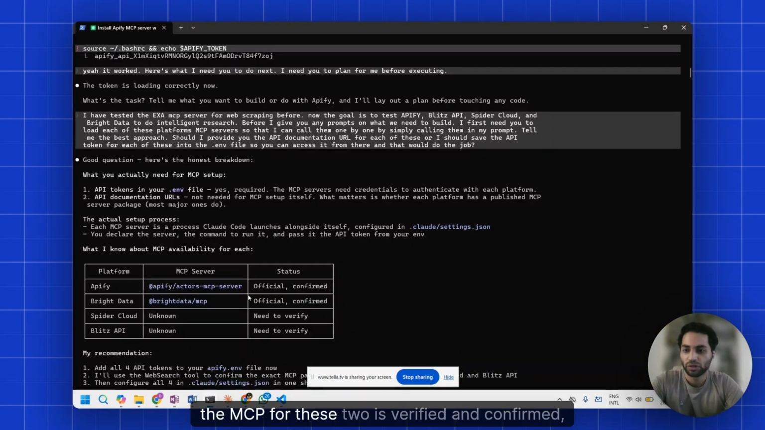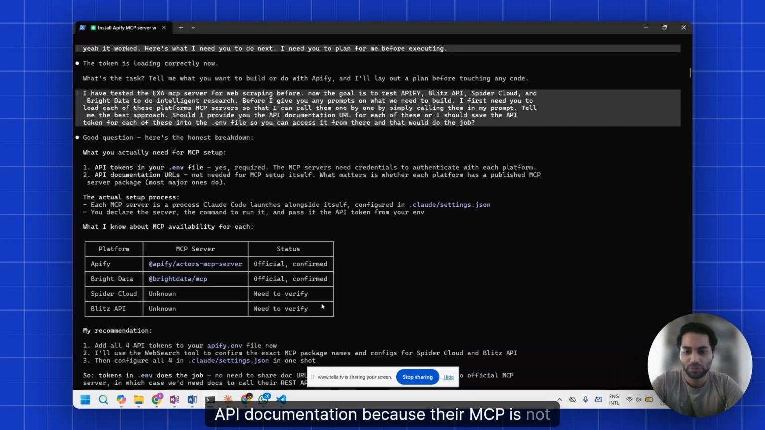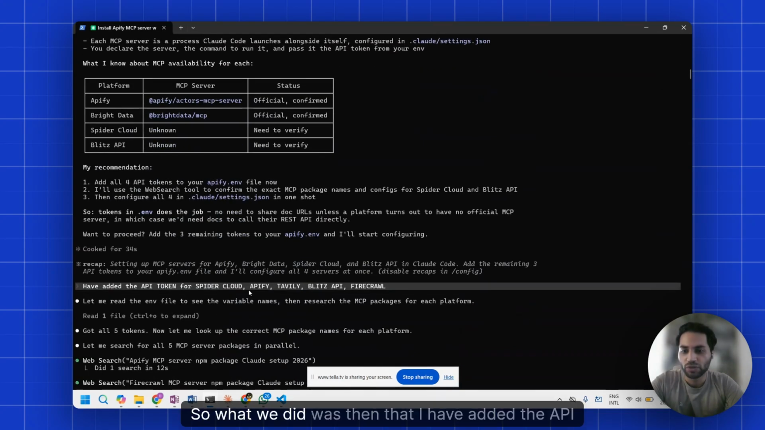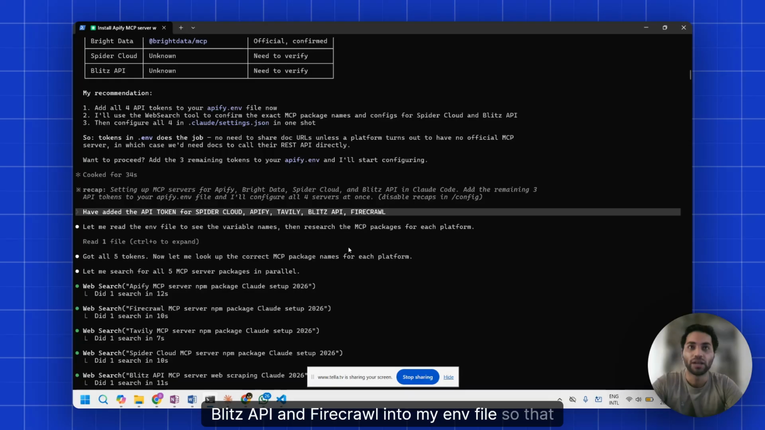The MCP for these two is verified and confirmed, but you need to pull in the BlitzAPI and SpiderCloud API documentation because their MCP is not available. So I added the API tokens for SpiderCloud, Apify, Tavily, BlitzAPI, and Firecrawl into my .env file,